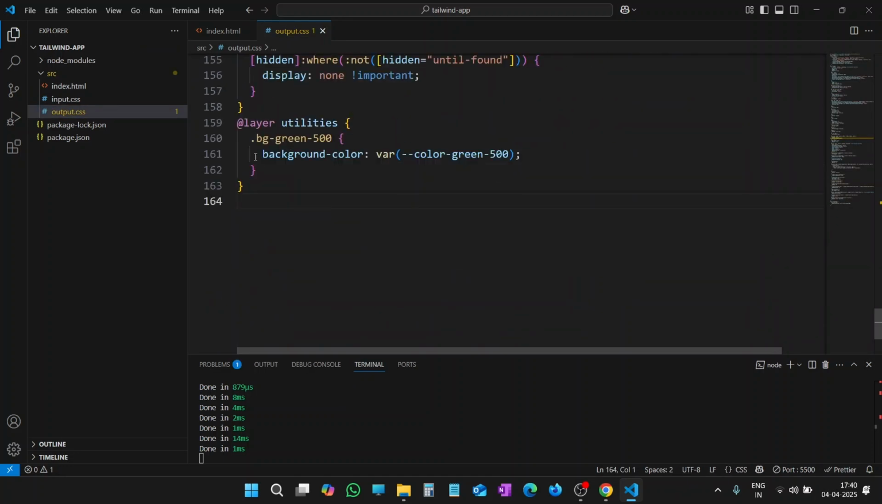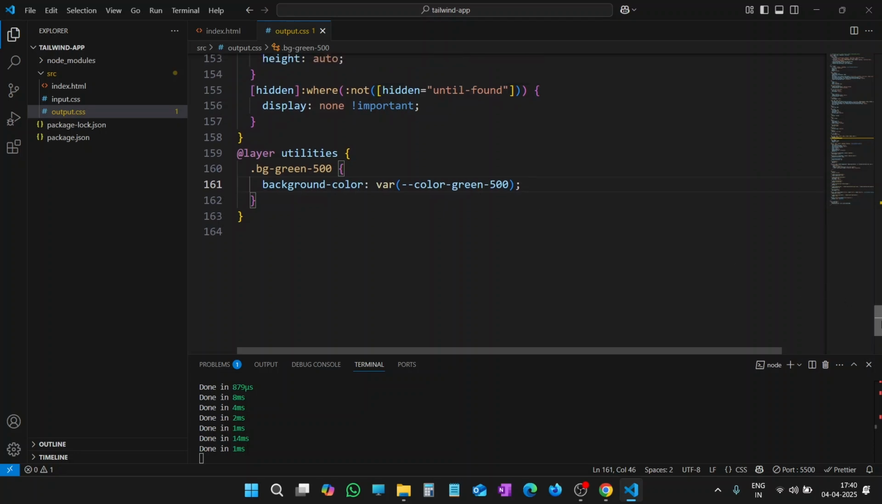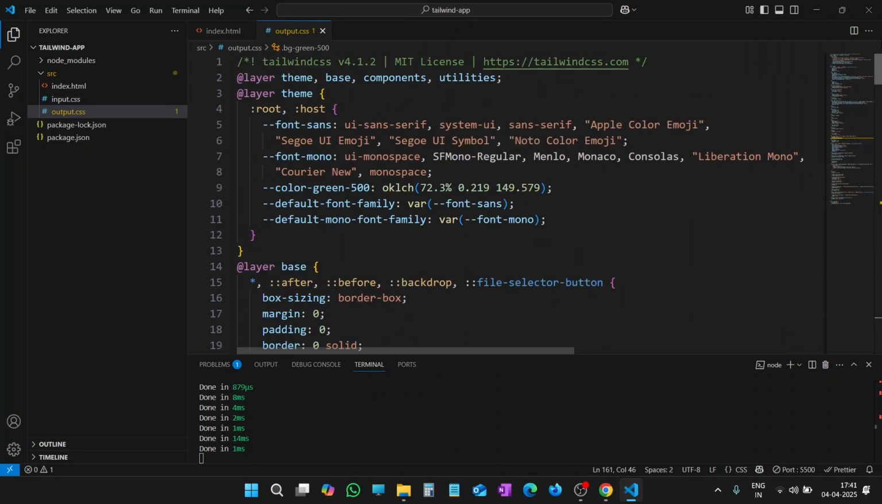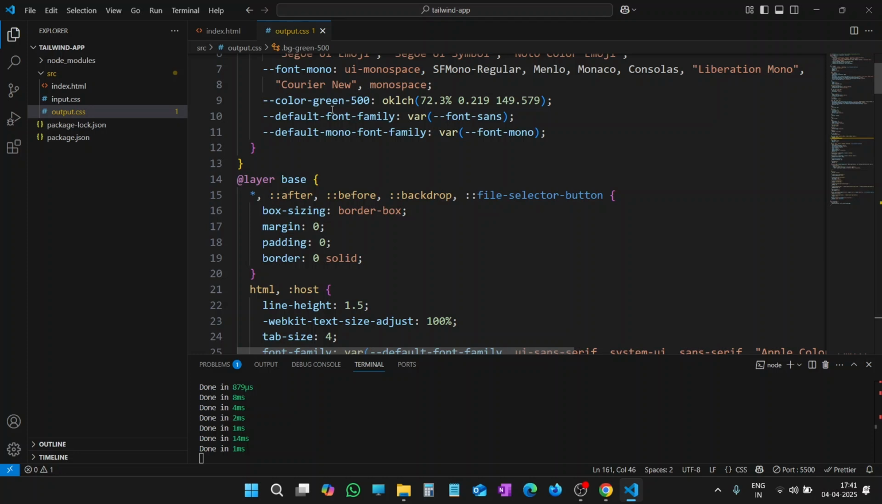Here you can see bg-green-500 class with background color as this green color. The variable is being used. Let's see the variable color green 500. Here it is, color green 500 variable, and it is the value of this green 500, which means whenever we